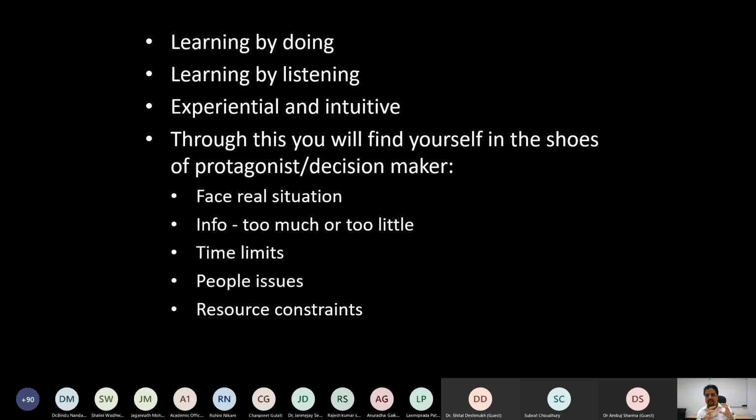But let's try and understand, we are here to make a decision. The student has to bind with that particular case so that they put themselves in the shoes of the protagonist, and then they